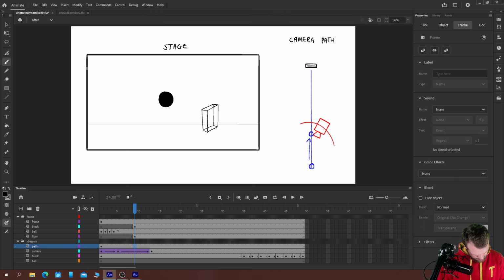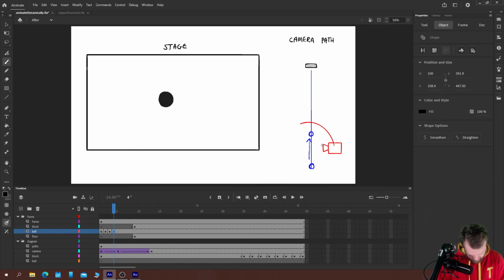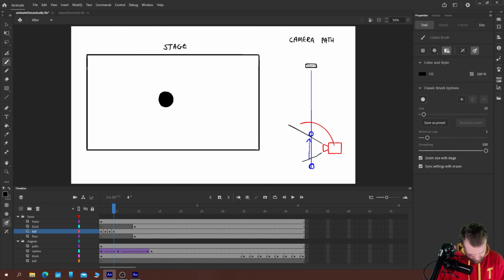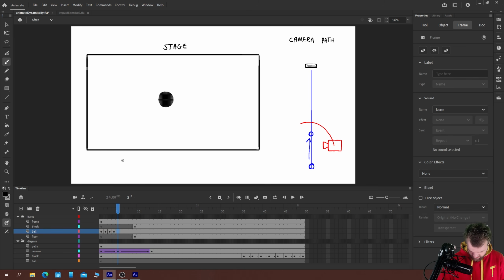For example, frame 4, we have the field of view of our camera, and at the moment our ball is just here, like so. Well, technically it's more like a little bit further down because it's not quite central in the frame. So you just got to think about what your camera sees and then positioning that inside the stage. And this little overhead view here just helps you visualize that. In the future, you do all this inside your head, but this is a great way for beginners to figure it out. So turning back on onion skin,